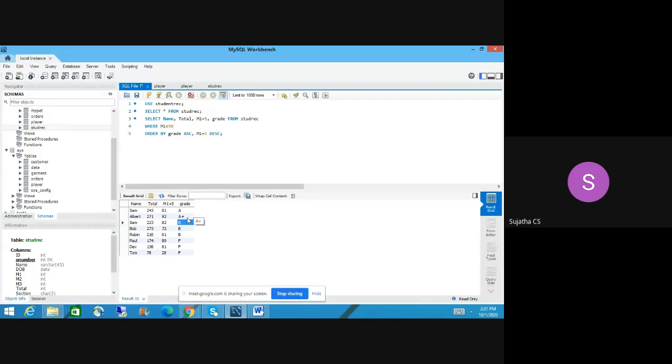So these two are different grades. First it is sorted by grade. A plus only 3, B grade we have 3 records. So using these three records, the M1 is sorted by descending order. You got it, right?